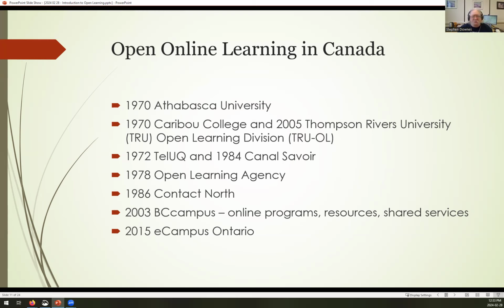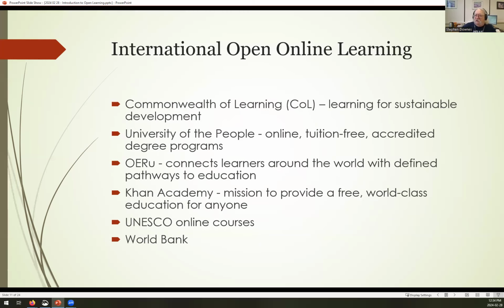So probably right now, the leading agencies for open online learning in Canada, I'd say, are BCcampus, eCampus Ontario, Athabasca, and Thompson Rivers, if I had to name four, if I was forced to with my back against the wall. But this list is missing more than it contains. A ton of work has been done in Canada in open online learning.